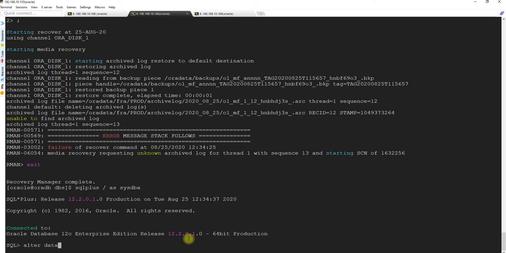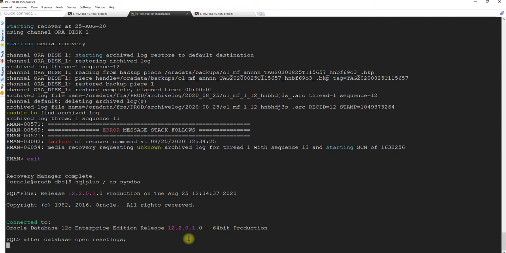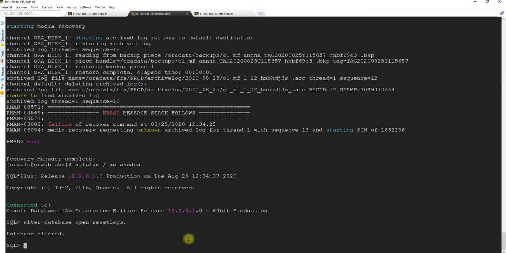Alter database open resetlogs. After this point in time, all your backups will be obsolete and of no use. You can delete the backups. Okay, so the database is open.